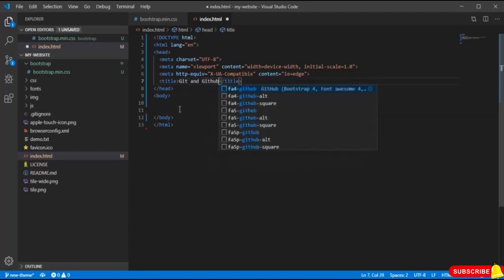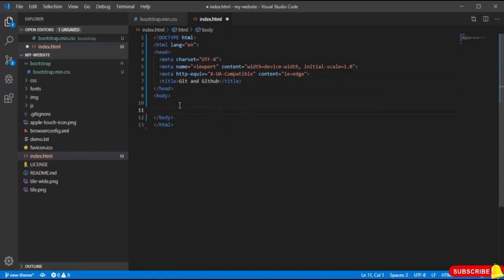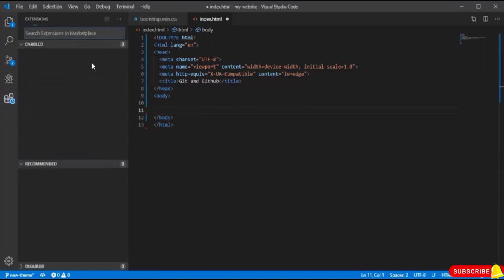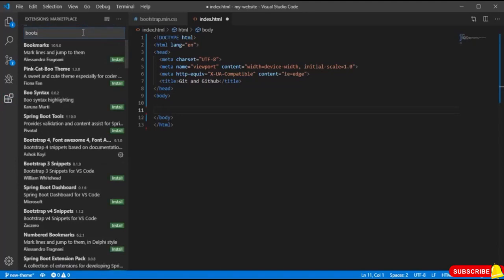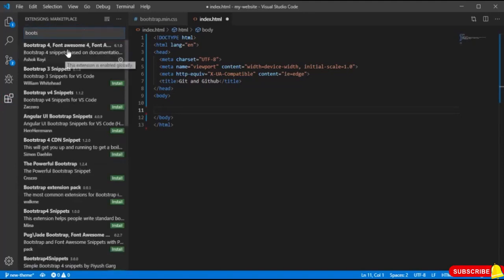And first of all let's create, for example, a navbar. So that Visual Studio Code will help us to do that, you need to install a new extension. So go to this icon, click on it, and see if you have Bootstrap 4. Yeah, for me it's already installed, and for you, if it's not installed, you will find here an install button, just click on it and install it. It will help you